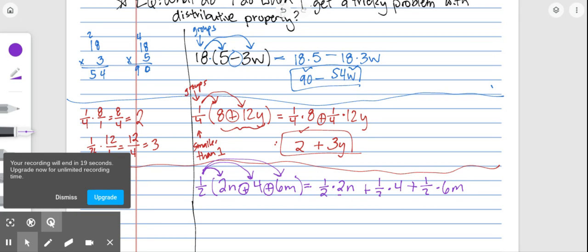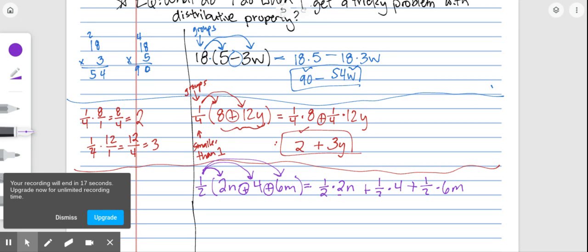Now, something to notice for this one is that when I have coefficients and variables, I just have to multiply the whole number by whatever the other thing is. So half of 2 is 1. This is 1n. Half of 4 is 2. And half of 6 is 3. So 3m. So this is my final answer. Each of these numbers are smaller than these originals because we halved it, or we